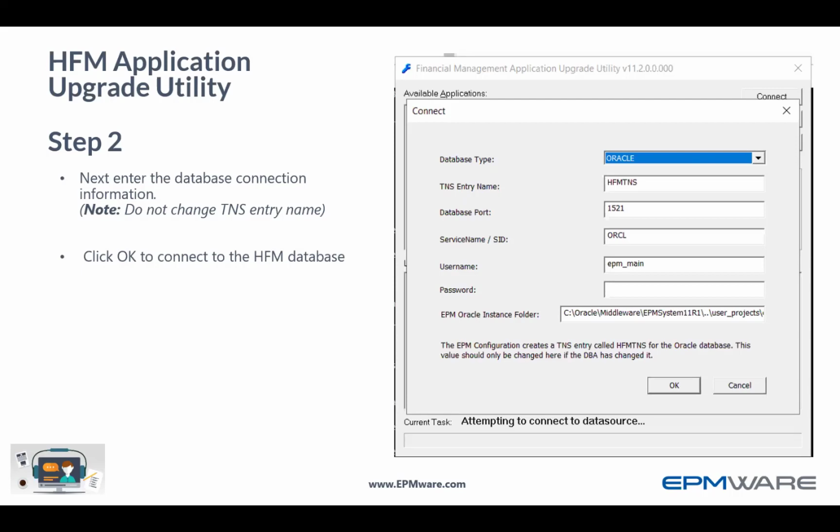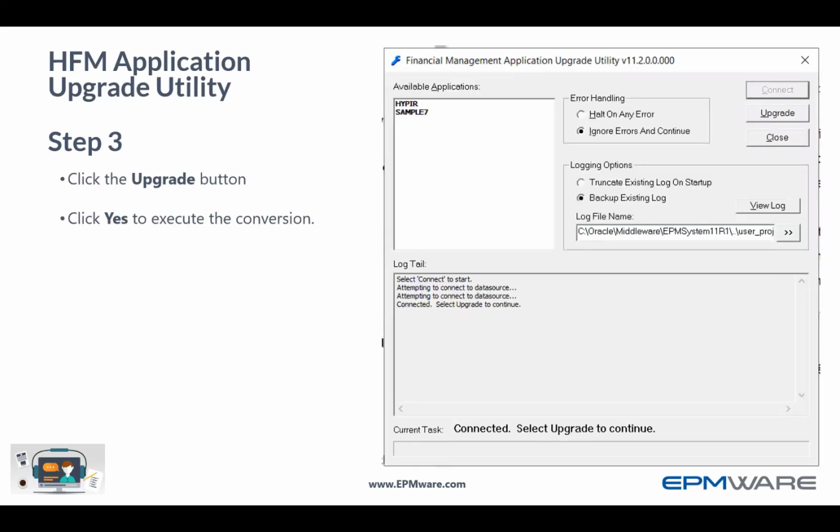That will connect to the database, and then you'll see this next screen pop up. Step 3, the next slide. After you connect to the database, it has a list of the available applications, and you can select one or two, whichever you want to upgrade. If you have multiple apps, you're probably better off doing the first one and letting that finish. In this case, we'll select sample 7 and click the upgrade button, and that'll start running the conversion utility and upgrading your schemas